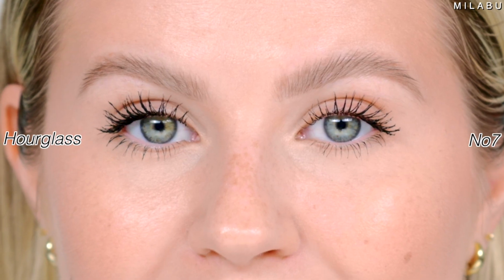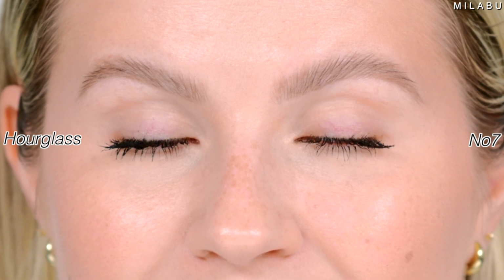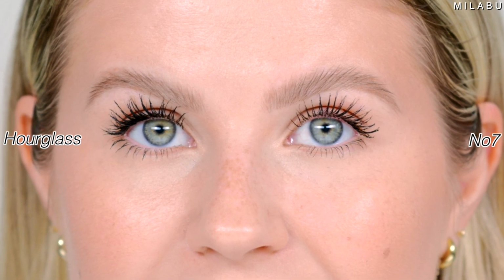Like I said, volumizing, even if they claim to be volumizing, most of the time they're not because they dry down. And when they dry down, you can't really add or build up that formula. Hourglass, I would say, is an exception because it does provide pretty great volume for this type of a formula. And the pigment, it's a little bit more black, it's a little bit more opaque,